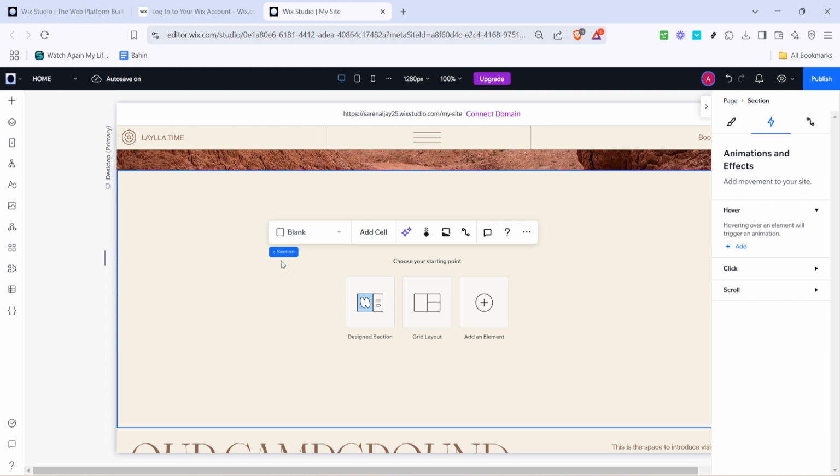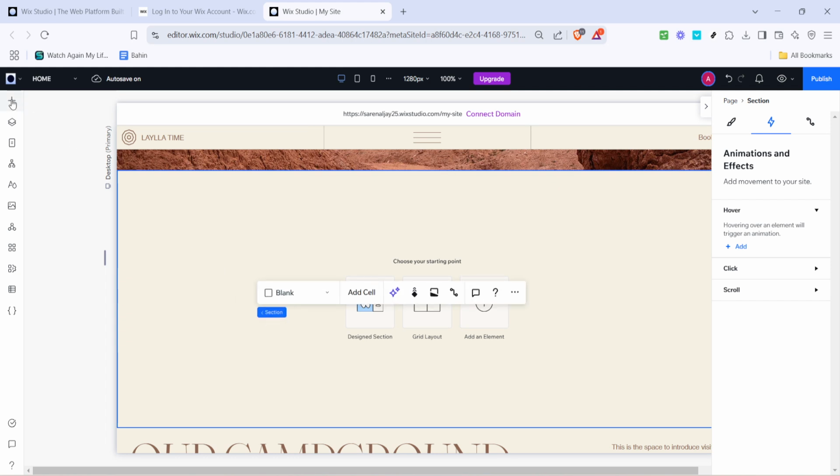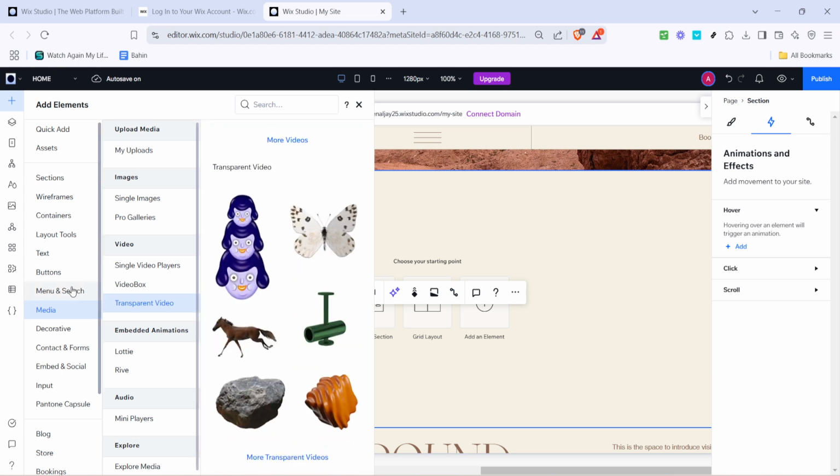Once you're logged in, you'll be directed to the editing page where you can begin setting up your site. Look for the plus icon on the interface and give it a click. This button is your gateway to adding new features and content, allowing you to unleash your creativity on your website canvas. Now click on Media to access different media options for your site. This will open up a world of visual possibilities.